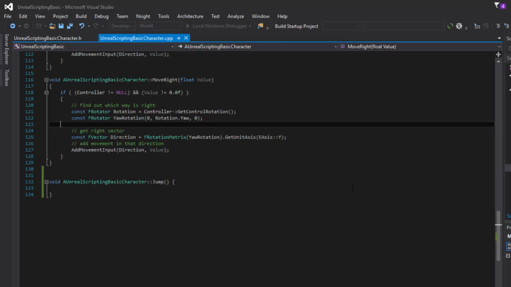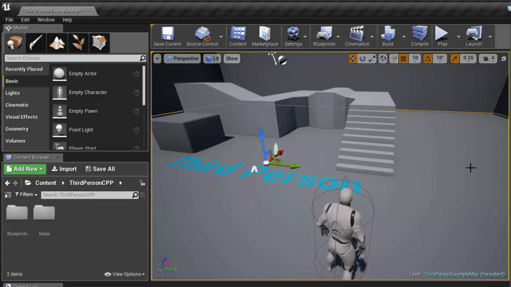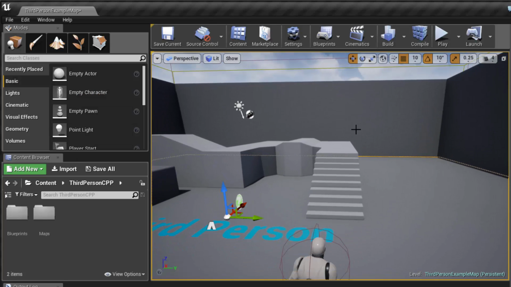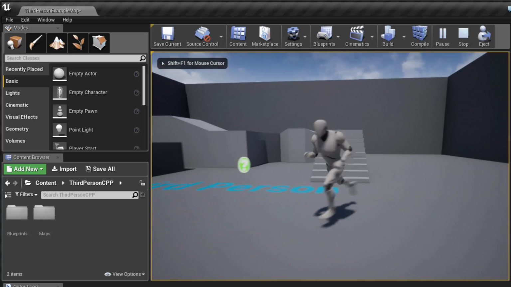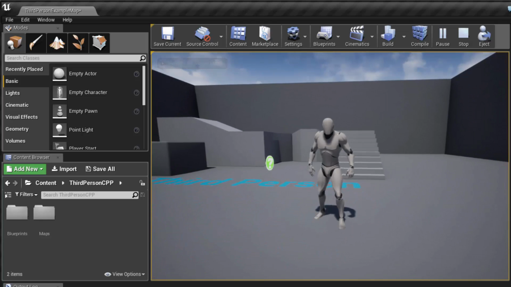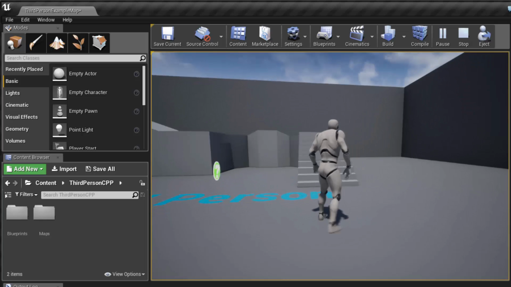It'll take a little while for Visual Studio to compile and build your project, and once that happens, we can go back to Unreal Editor and then play the game and see what changes we have made here. All right, now that our code is compiled, we open up the Unreal Editor, and now if you play the game, you would notice that the WASD move functionalities are there, but when you press the spacebar, the